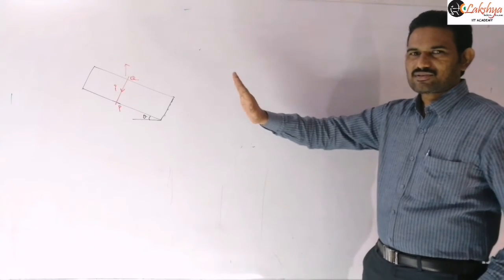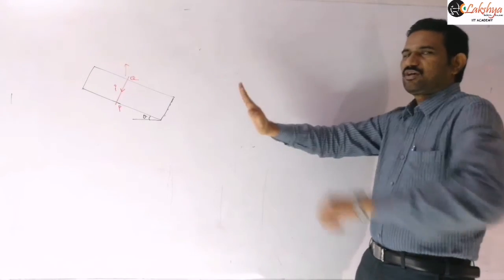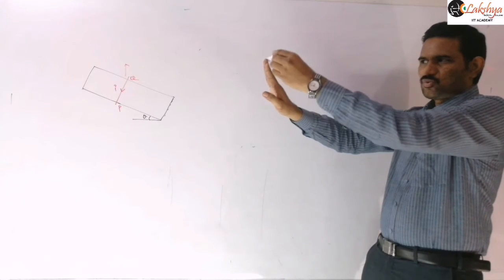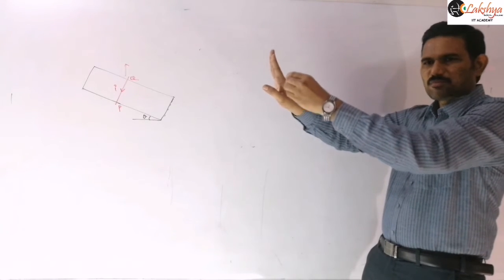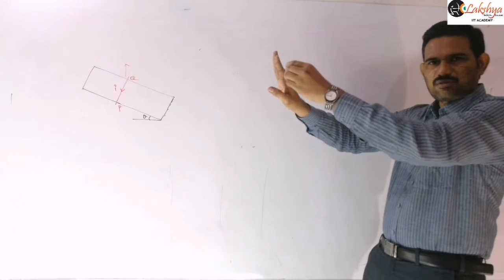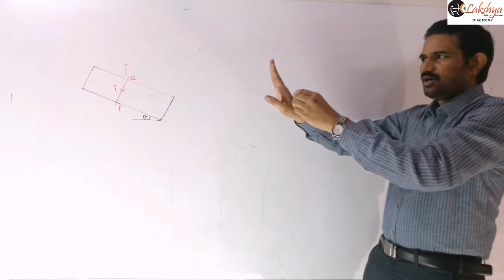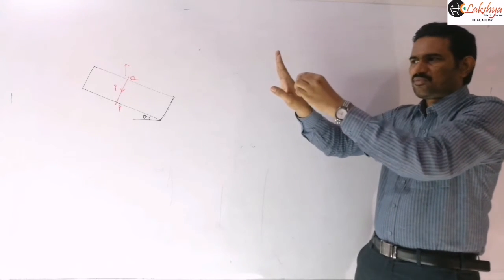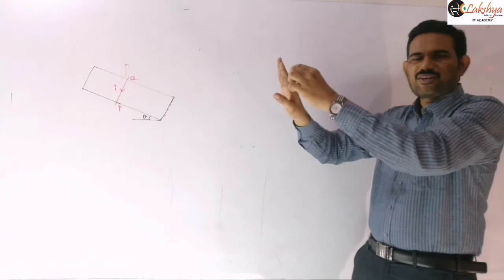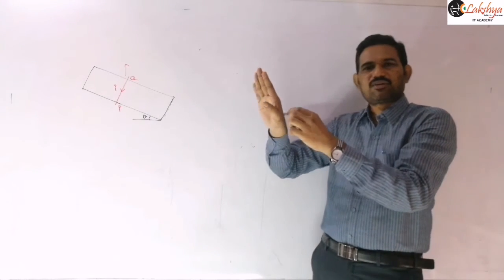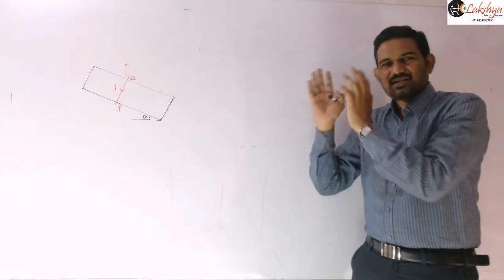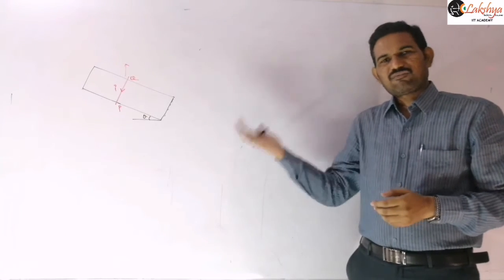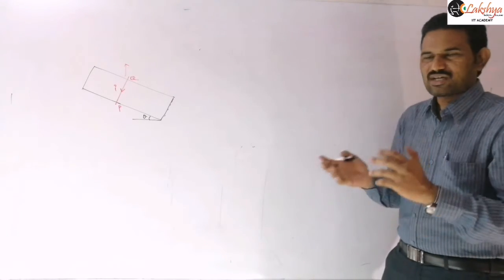The diagram is clear. The plane is like this and we are placing a wire here. This wire is sliding down because it is a smooth inclined plane, so there is no friction. Actually, if no magnetic force is acting here, then it slides down with g sine theta. We know the acceleration of any object sliding down a smooth inclined plane will be g sine theta. But it is moving with constant velocity, which means the net force should be equal to 0.